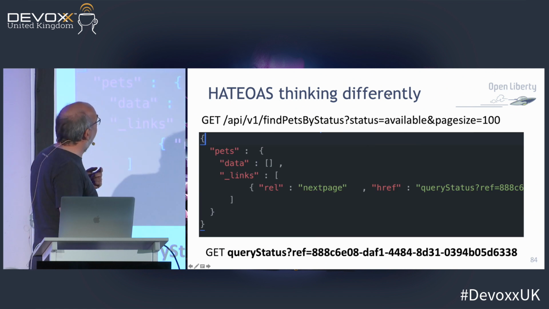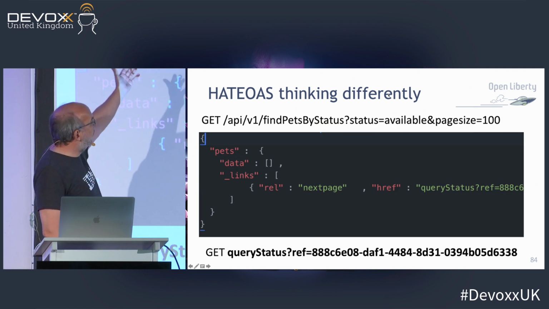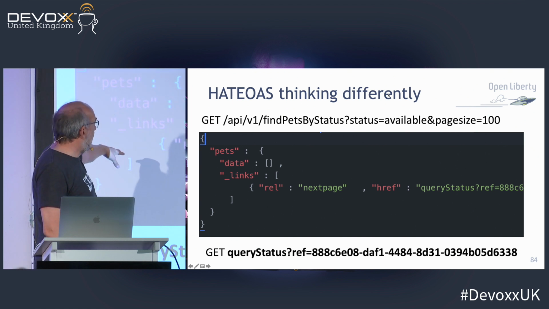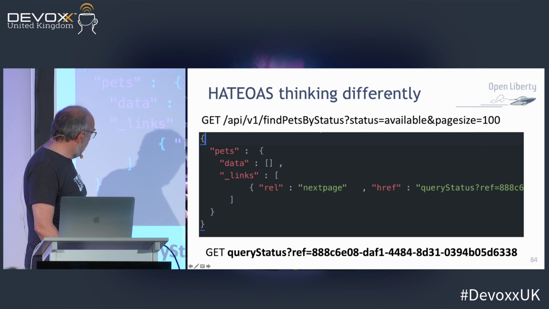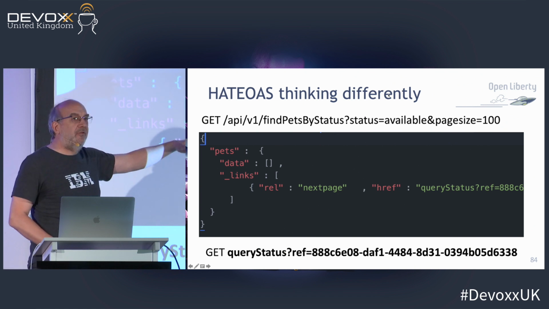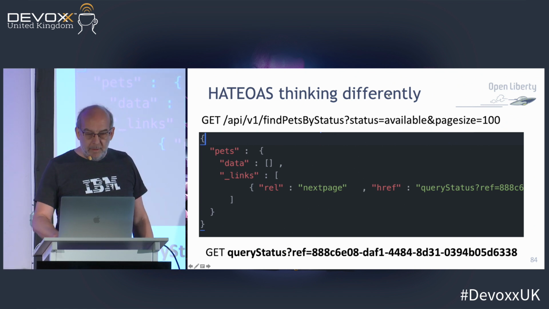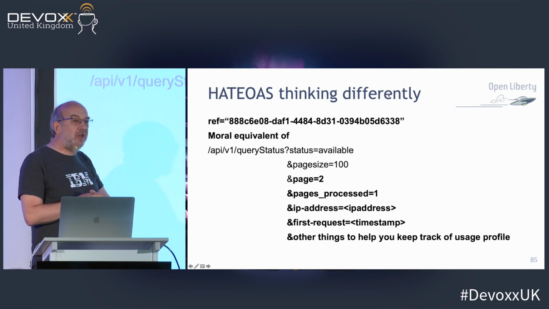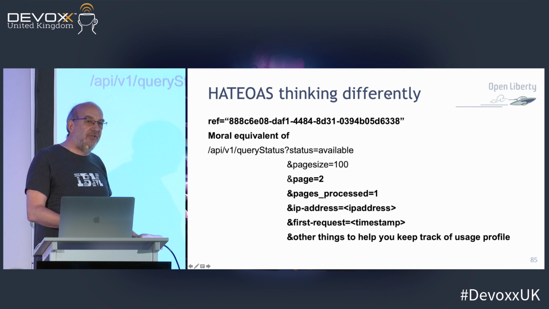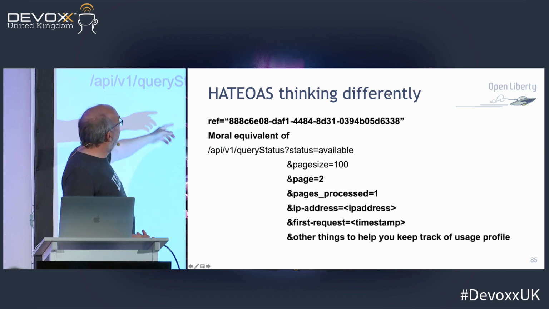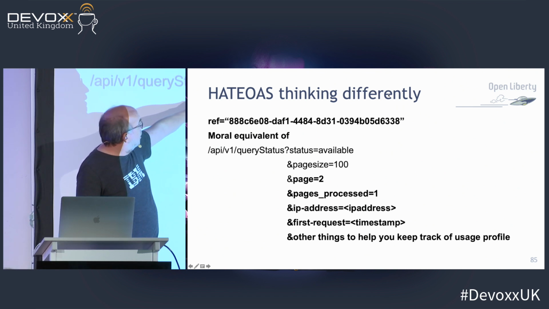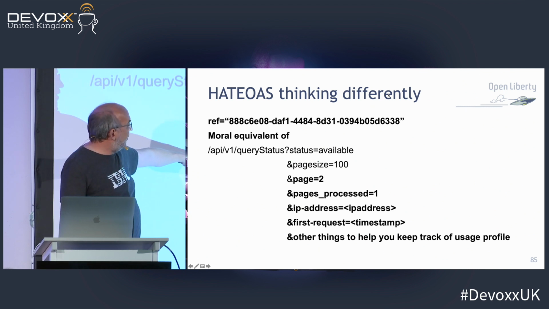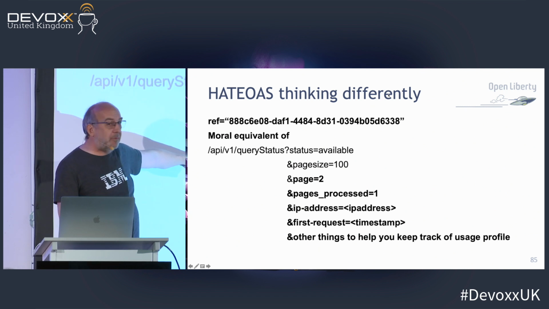So that means that if I had a pet store and I said, give me a list of all the pets by status and a page number, I can get a query back, and the thing says, oh, some random number. Okay? And inside that random number could be all sorts of information that the packer can't influence, but helps you. So, for instance, you can have the real data in, what the query was and what the page size was, but it might tell you how many pages have been processed.